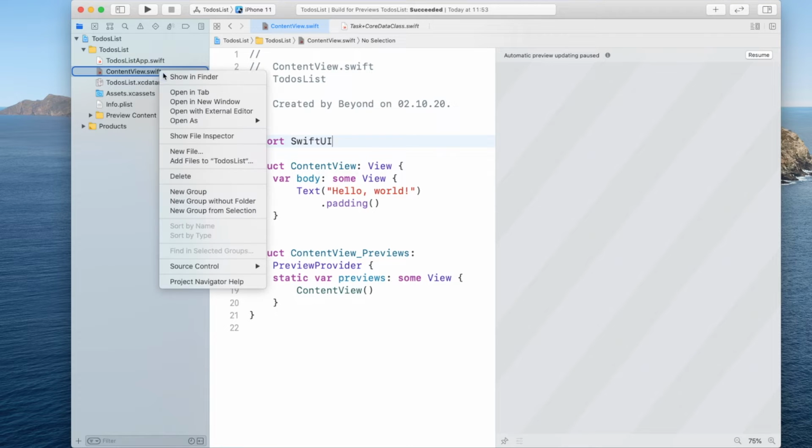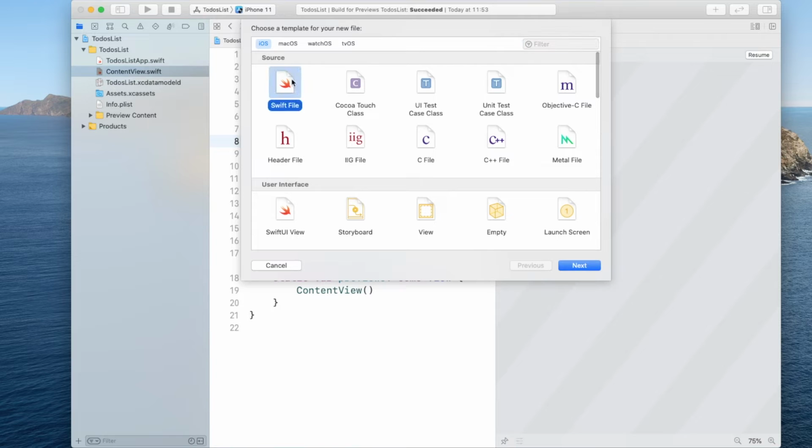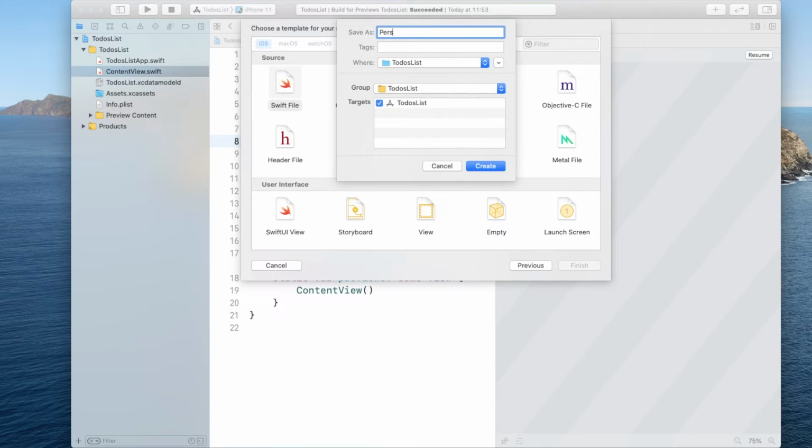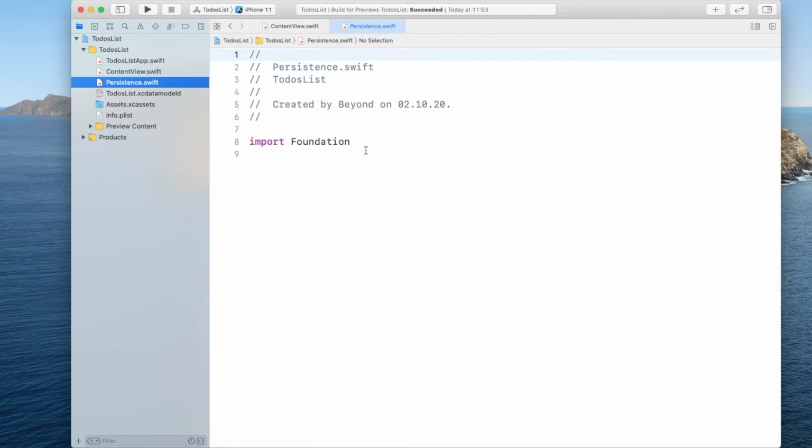Now for this we are going to create a new file. It's going to be a Swift file, and I will name this one Persistence. Now inside of this file, we're going to create a struct, and we will call this struct the PersistenceController. Now we're going to use this to access our